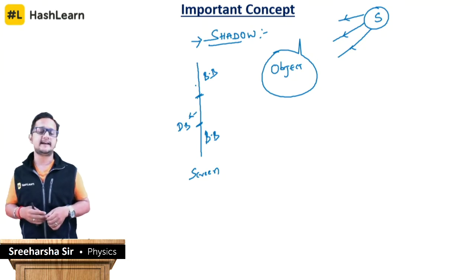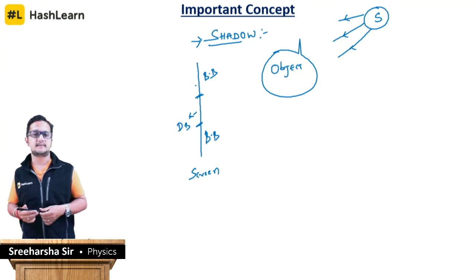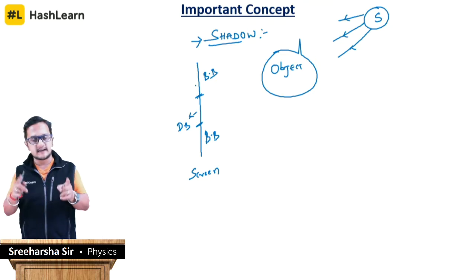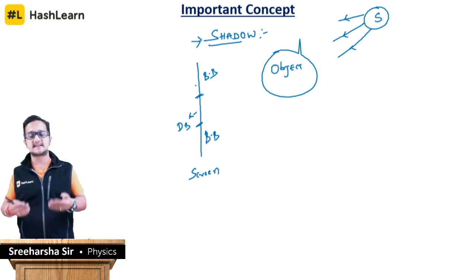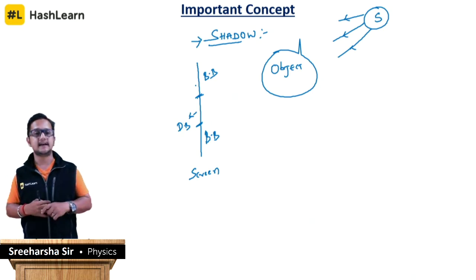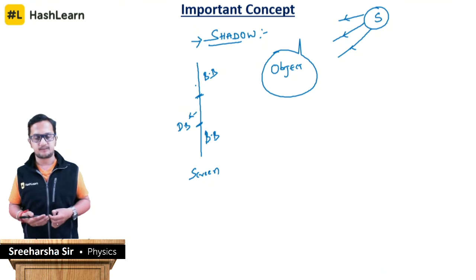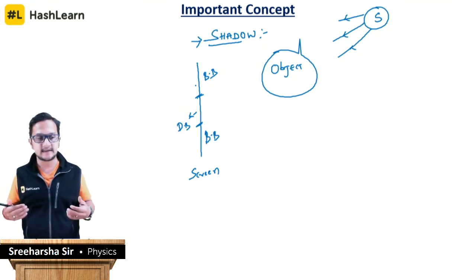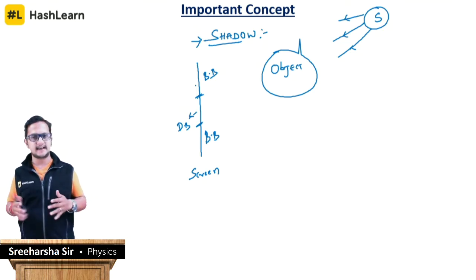The reason why we call it a geometrical shadow is that whatever the geometrical shape of the object is, the same thing is seen in the shadow. So what happens over here is when you observe a shadow, or if I take ray optics into account,